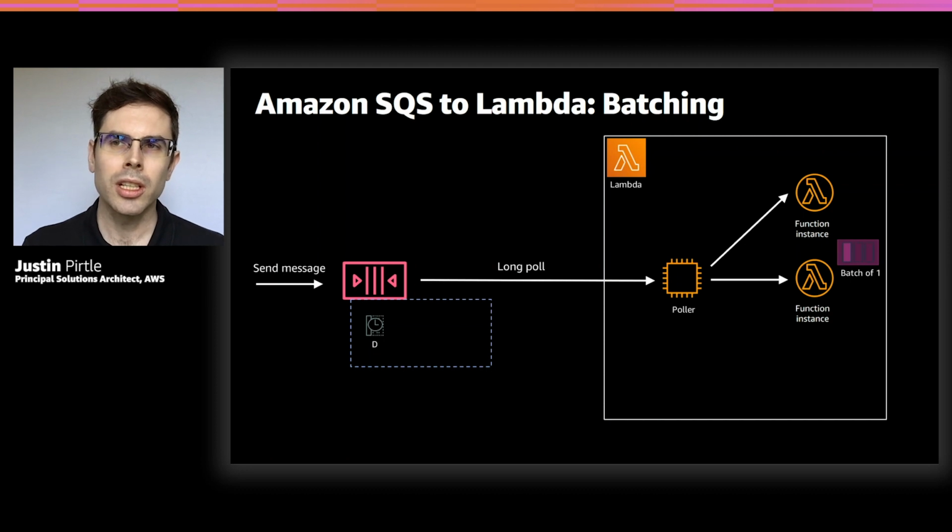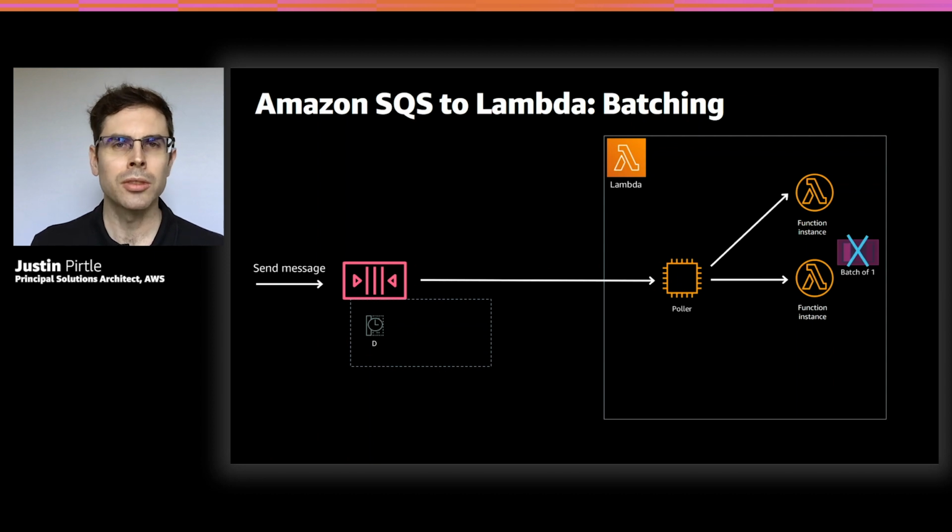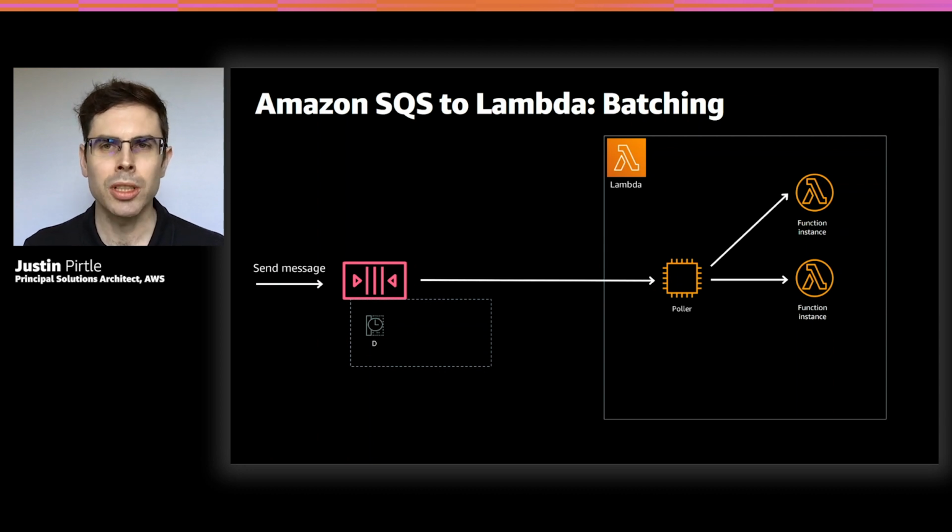But in this case, let's say that one message in the batch, the other function instance, actually fails to process. Well, this is where the concept called visibility timeout comes in, because Lambda stops processing, and you can see the gray icon down there on the message in the box with the clock. The clock is indicating that it's invisible and the timeout is dwindling. So once that visibility timeout expires, then the message pops back to life as a normal message and is ready to be picked up again, where the poller will grab it again.